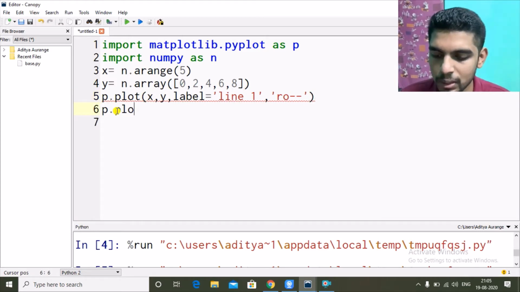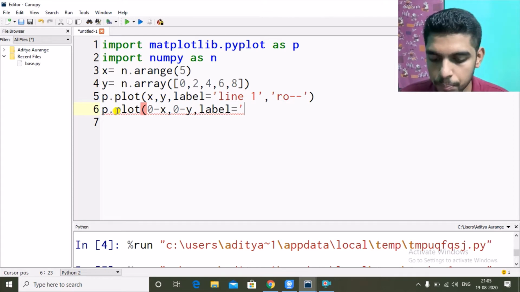p dot plot, second line. On the same points, or let me do 0 minus x, then 0 minus y. Let's use this. Label equal to line 2.